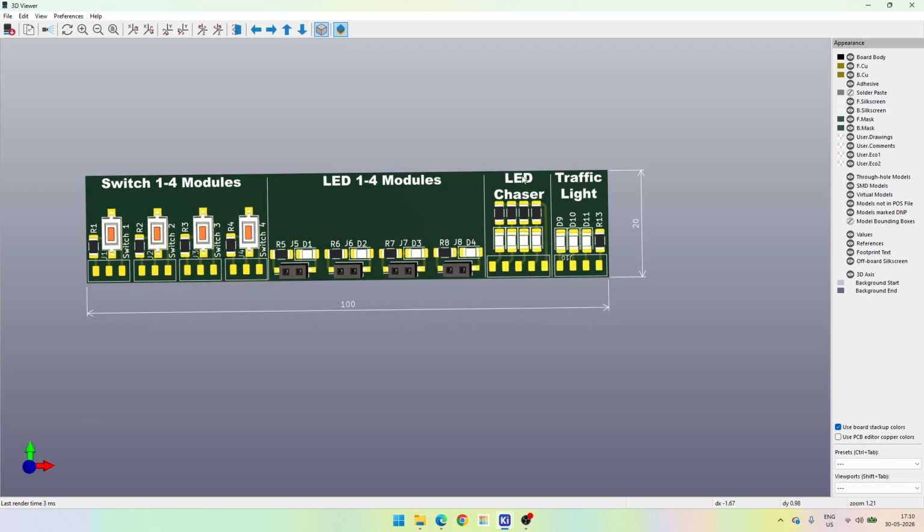LED 1 to 4 modules, LED chaser, traffic light, and switch modules, all complete within a span of an hour. So, with that said, if you know what you're doing, you can accomplish it even faster. I took some time because I had to go back and forth, but yes,